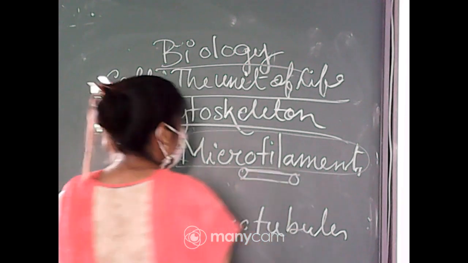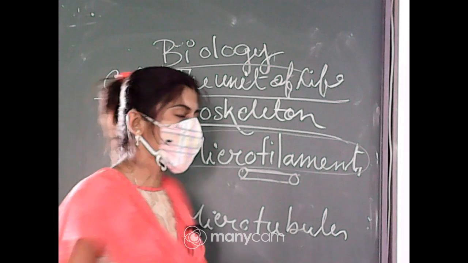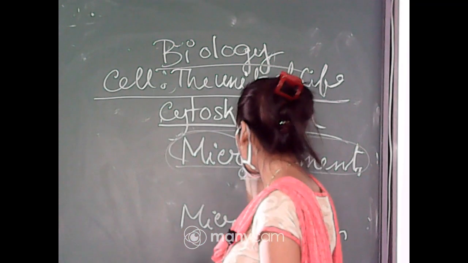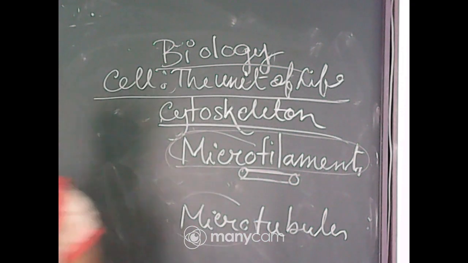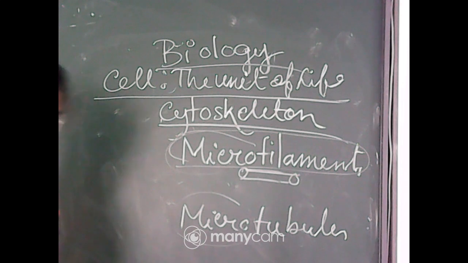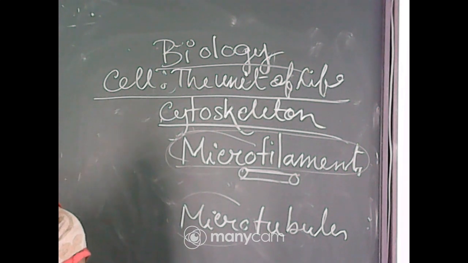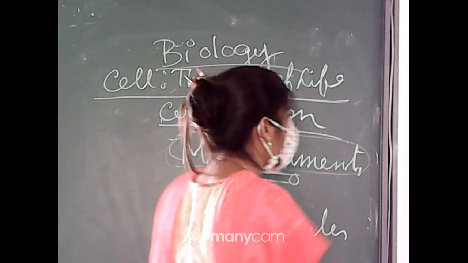I am repeating that in the cytoskeleton we get the microfilament and microtubule parts. As their name suggests, micro is there, so these are ultra microscopic structures found in the cytoskeleton. This ultra microscopic thin rod like structure is called a microfilament, and it is mainly made